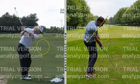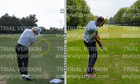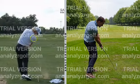Just getting a little bit more flexed allows for that club to bottom out perfectly, and it gives him so much more room to come right through, right down the line. Probably one of the best aids or swing thought ideas I've ever had and was ever taught when it comes to this type of thing